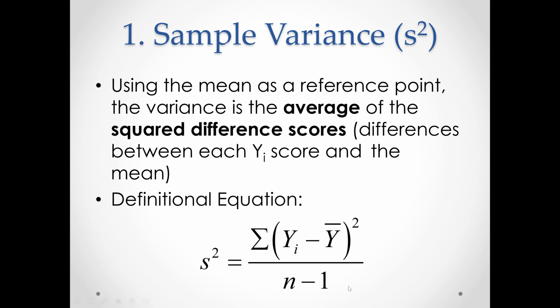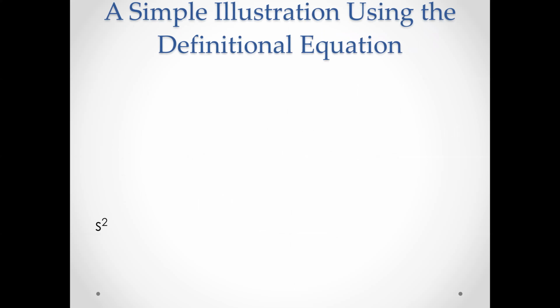Take all of that and divide by n minus 1. Now this isn't divided by n, which is the number of scores in the group. It's divided by n minus 1 because this is now based on a sample. And whenever we use a sample, we need to be extra conservative or careful, so we use n minus 1 on the bottom. Now this is defined as a definitional equation because it's exactly what the variance is. It's the sum of the deviation squared divided by the number of scores minus 1. But what we're going to use is the alternate